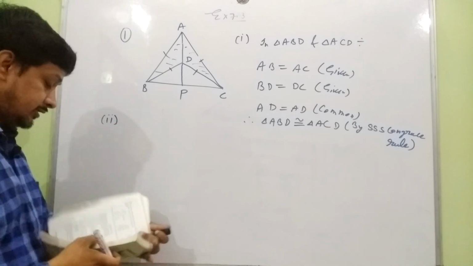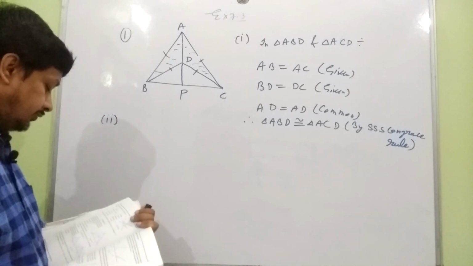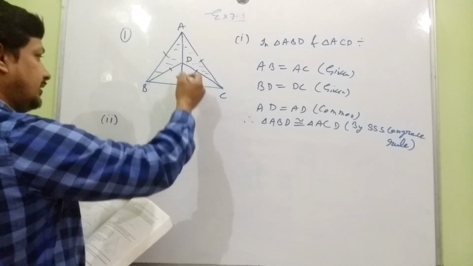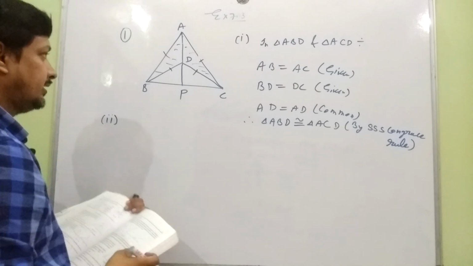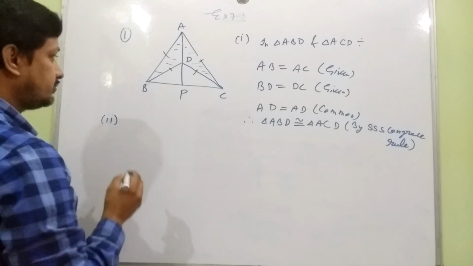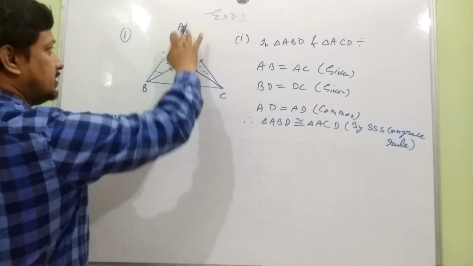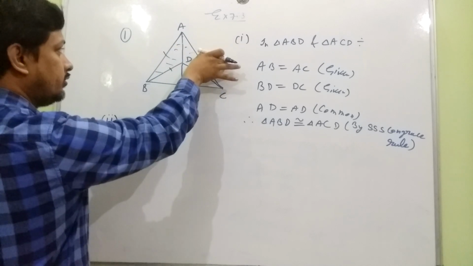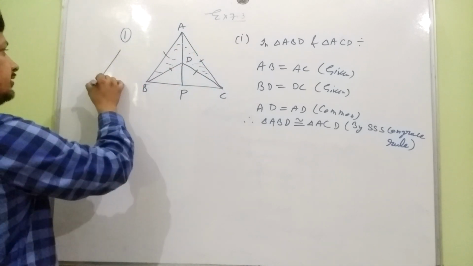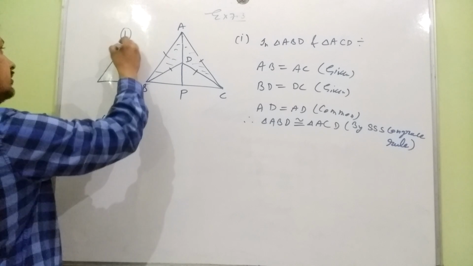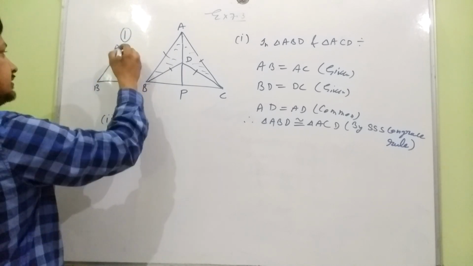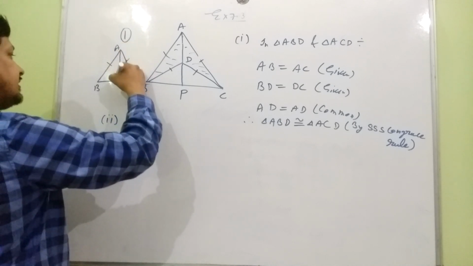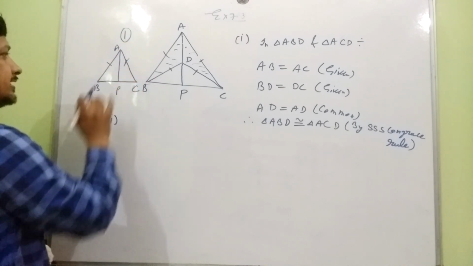Now we are moving to the second part, in which we have to prove triangle ABP, this whole triangle, is congruent to triangle APC, ACP. So think, in these two triangles, what are the three things which we can take as common? First will be AB equal to AC. I am making the figure here again. This is triangle ABC, in which AB is equal to AC and this is AP. Now you have to prove these triangles to be congruent.